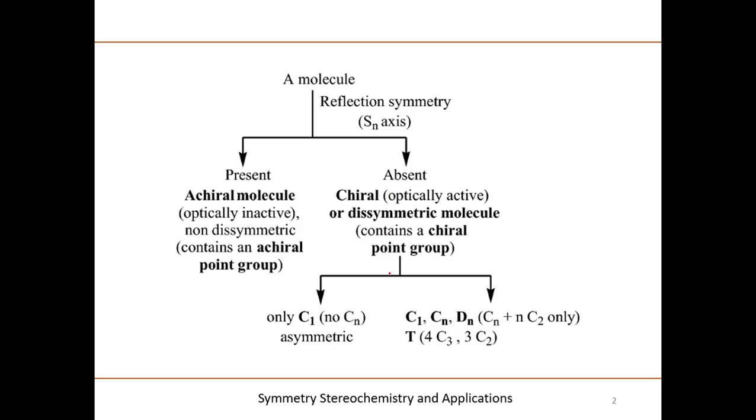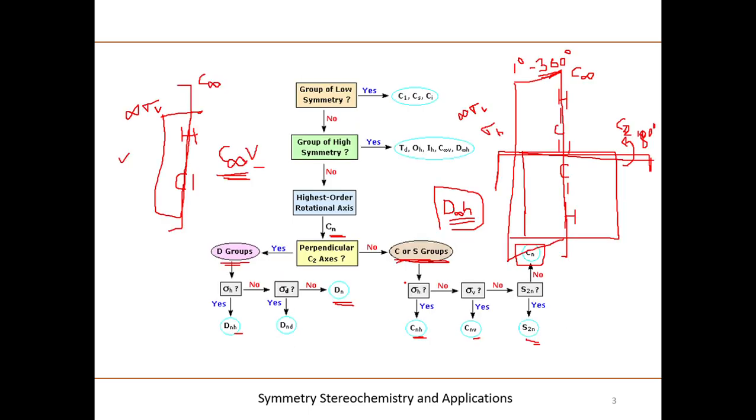It is further divided into two groups: asymmetric and disymmetric. If only the C1 axis is present, then it is asymmetric, and if other point groups are present like C and D and so on, then the molecule will become disymmetric. We have already discussed these things, so it was just a summary of the previous lecture. So now we can see here,